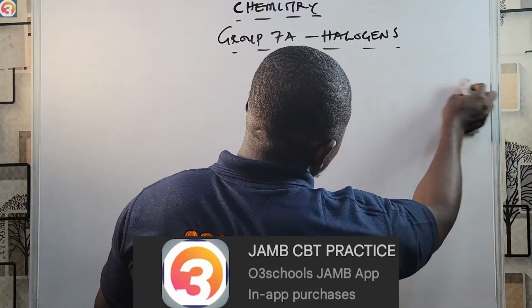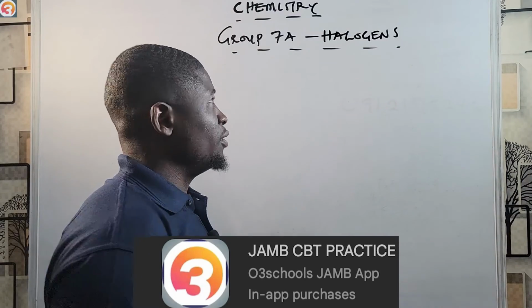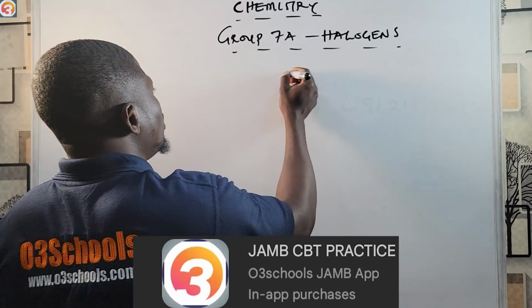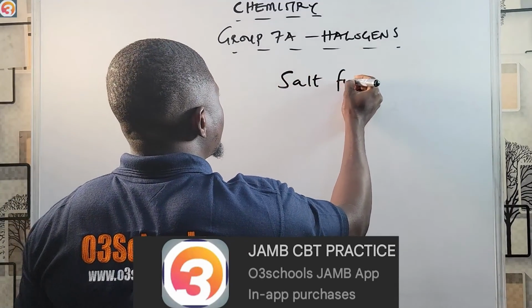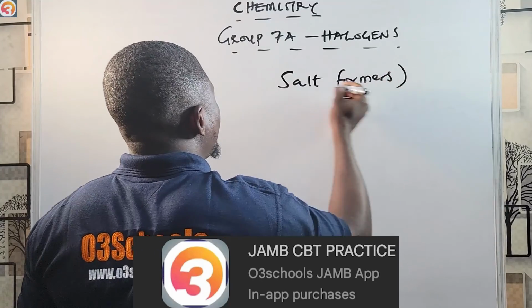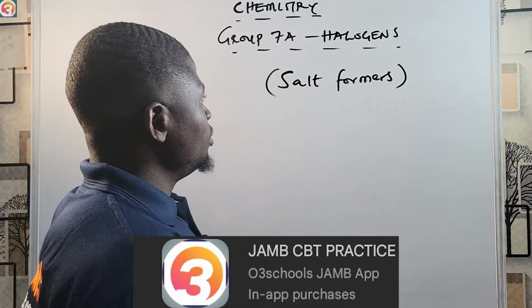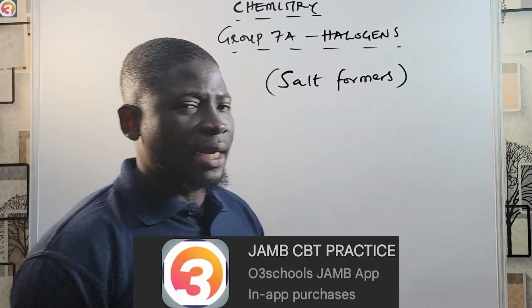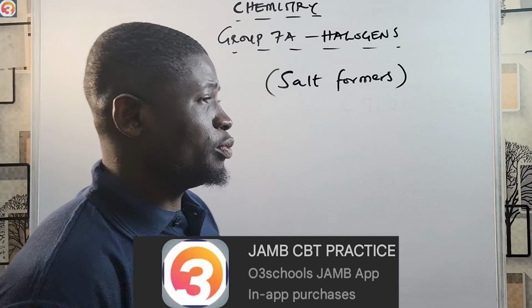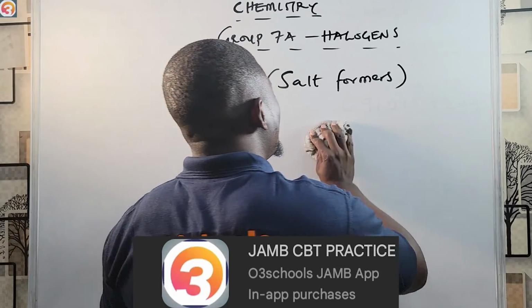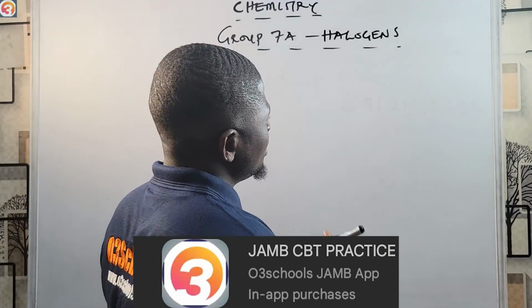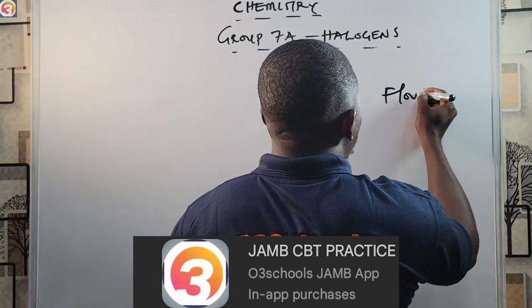All right, so let's talk about the halogens. First of all, what does halogen mean? Halogen is a word that means salt formers. That means they form salts. So the elements in this group form salt. That's why they're called halogens, salt formers. Now, the elements in this group include fluorine,